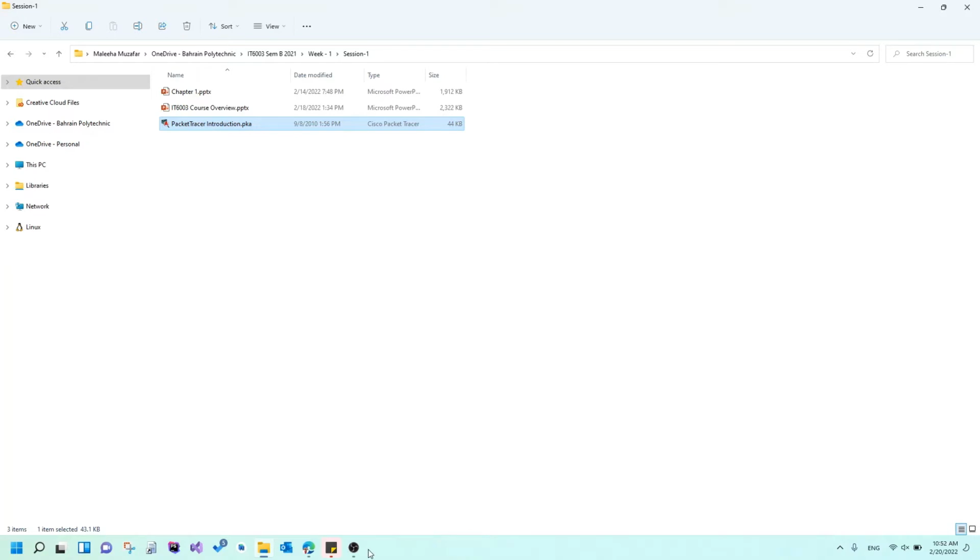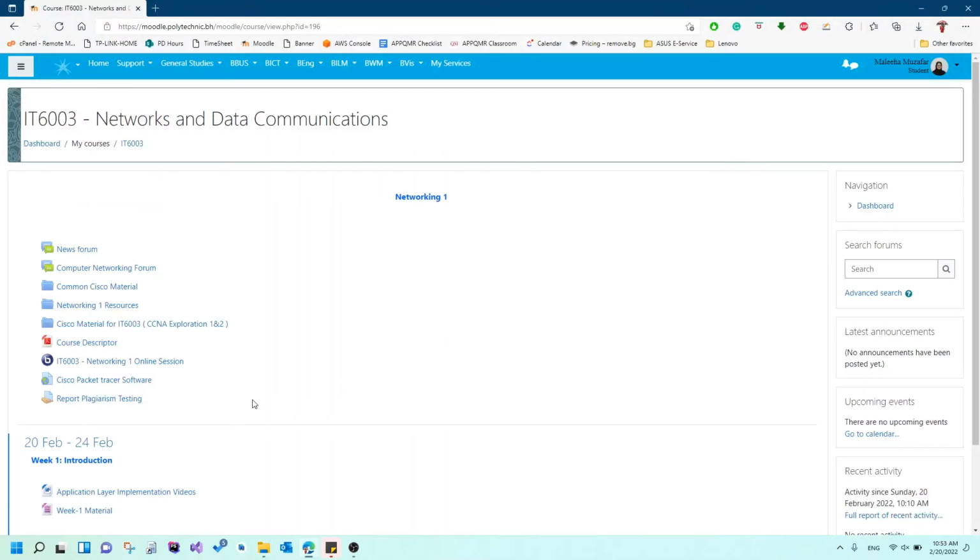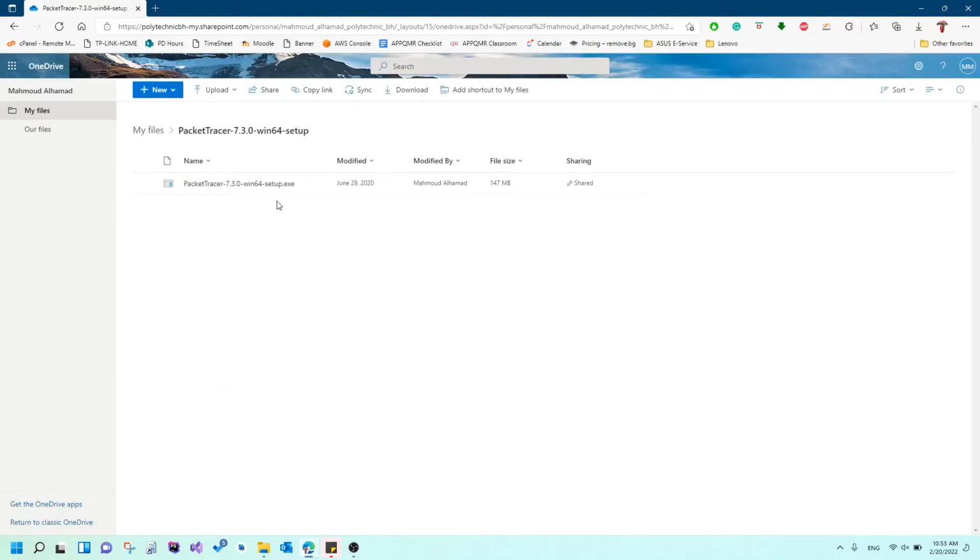Okay, so for that, if you don't have the software, you should go to Moodle, and on Moodle you will find a link which is called Cisco Packet Tracer software. Okay, so this is where you can find the software installation. I think if you click on it, it takes you to this particular place, and then you just download it